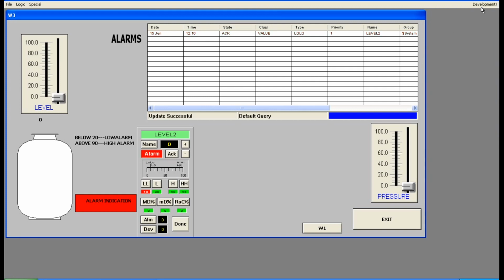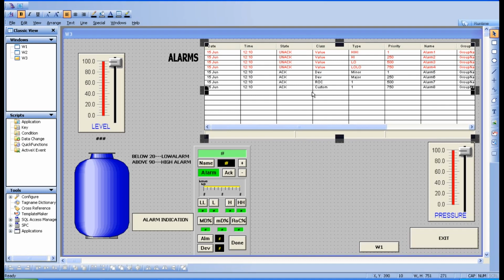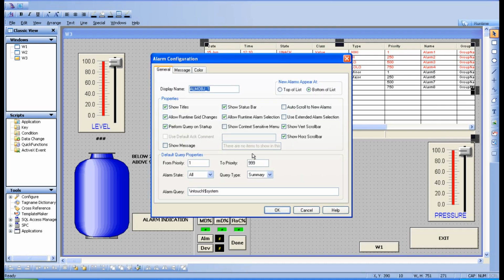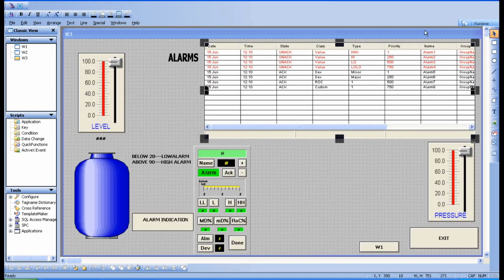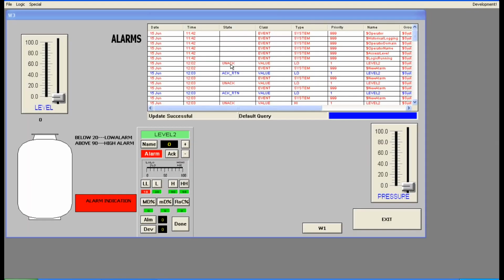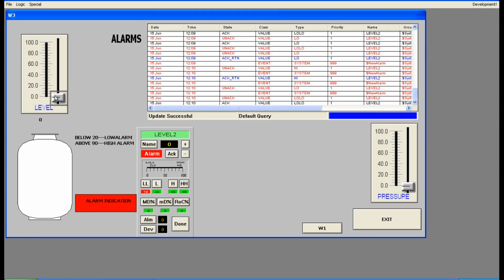If you want to see multiple alarms, in query type choose historical. Choose OK and go for runtime, and it will show all the alarms, whatever happened before. Now it is a low alarm. Acknowledge it, it is changed. Now increase. Now it is low alarm again.